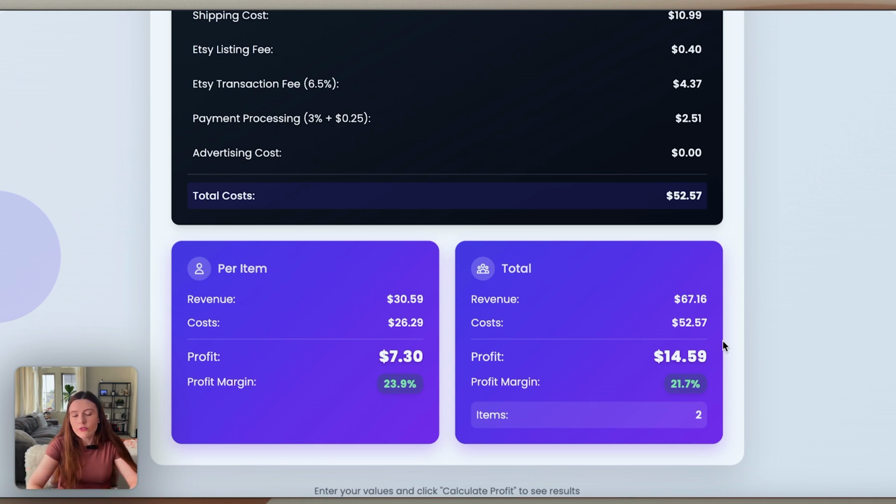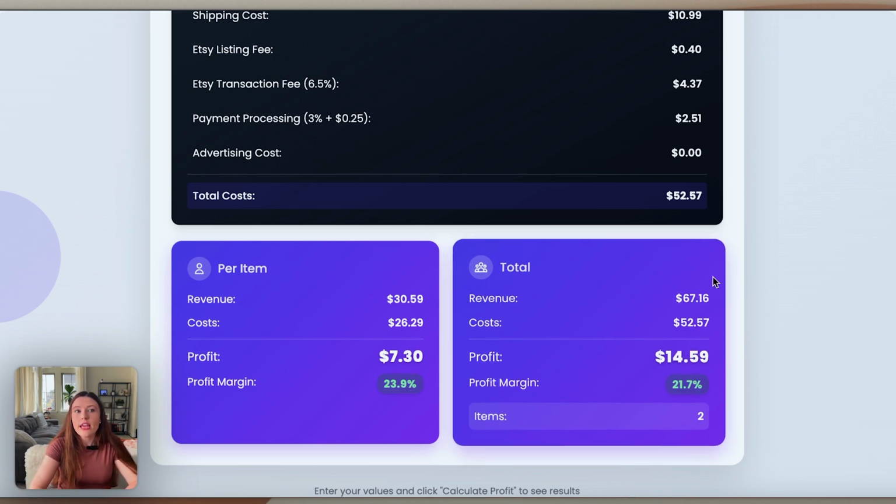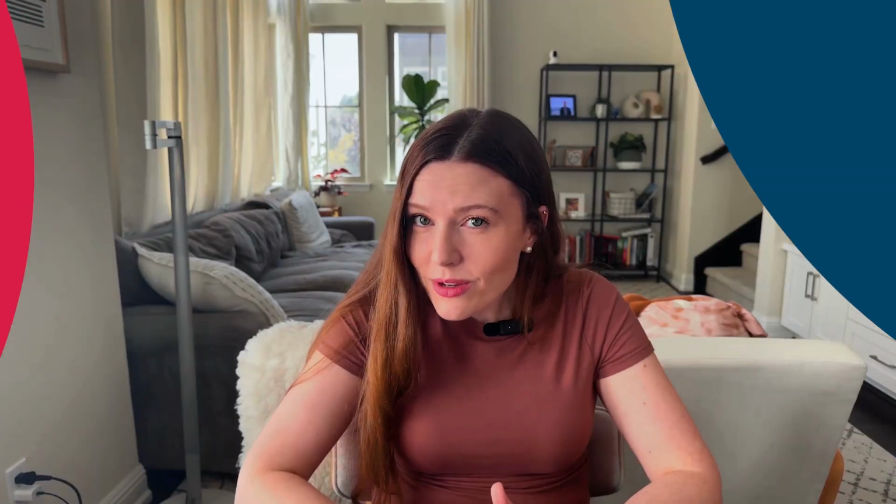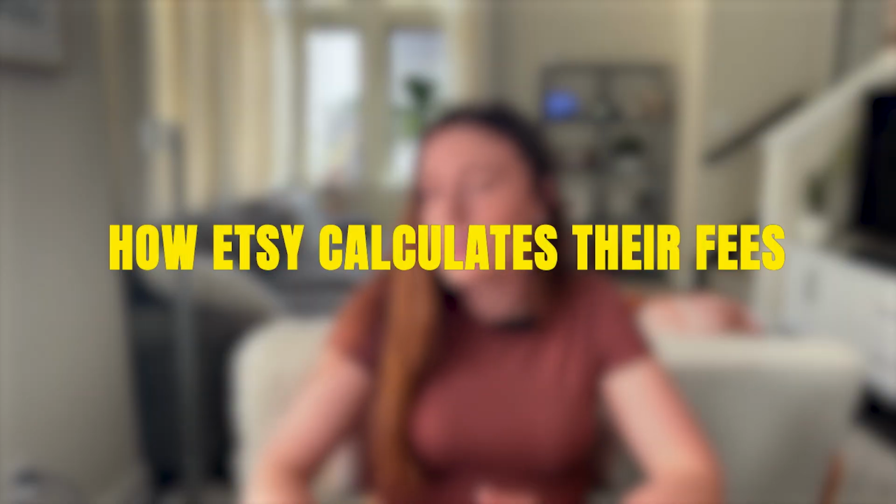So there are a ton of different ways for you to use this tool if you are in categories like bachelorette parties, girls' nights, all types of different bulk listings. Another one that's really popular is going to be like family vacation, which is happening right around the corner. You can start to play around with this tool to start understanding, if you want to start offering bundles, what would that mean for your pricing structure to make sure that you are still staying profitable? Hopefully that was helpful in giving you a better understanding on how Etsy calculates their fees